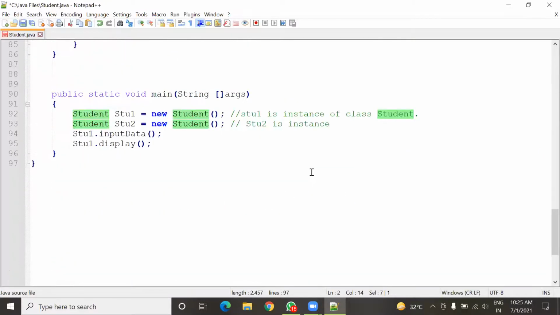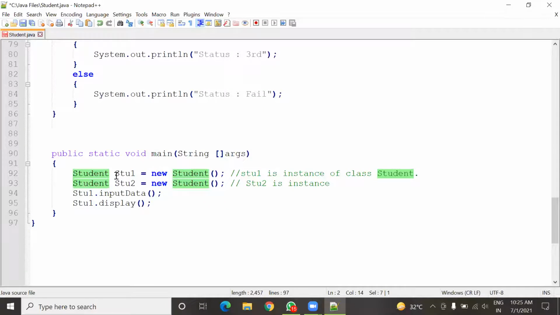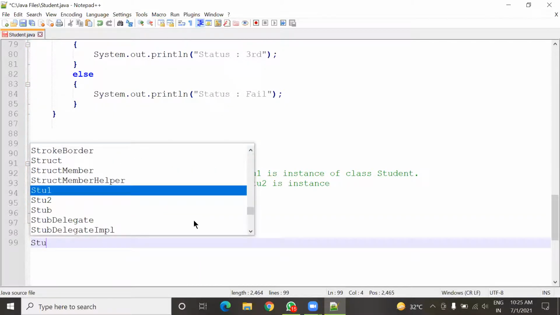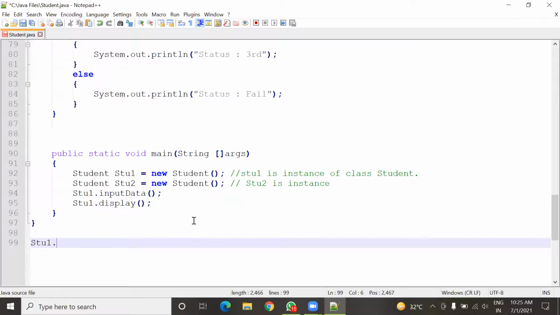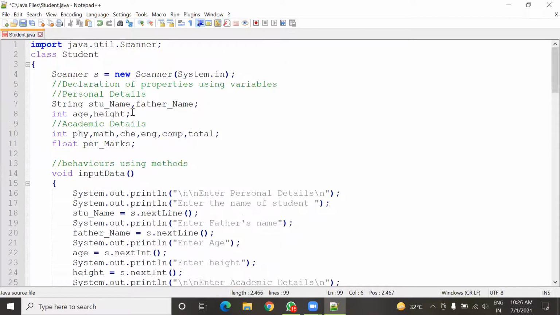Now just look here. Here I have created two objects, meaning two instances of this class student. The first instance is stu1 and the next is stu2. When I use stu1 dot, here I'm going to show the example. Roll number is not here. Here we have age, height, student name.